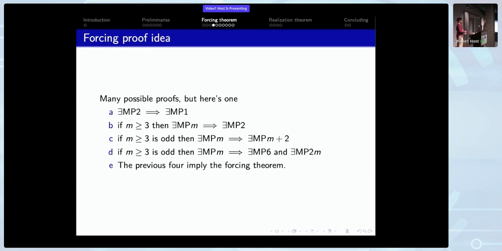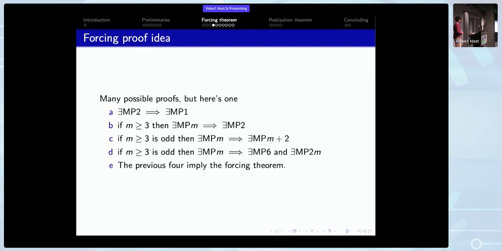And then if on the same conditions, I can get 6 and 2m. And then the final part is from those 4, you can stitch everything together to get the forcing theorem. Now, it doesn't look so clear why these things are enough to get that weird ordering back, but firstly, they should be enough because the realization theorem said that I have an if and only if, so it must be the right order. But also, I'm just going to try and give you some sort of flavor of why this